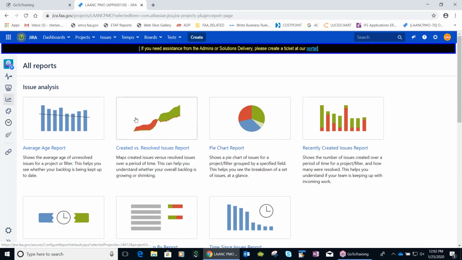These are out-of-the-box reports which you can tell your admin to configure. Like for example, you want to see the average age report. So it will give you how much time has elapsed for a PBI. It will show the average age of any unresolved issue.